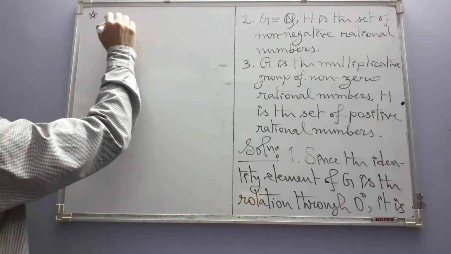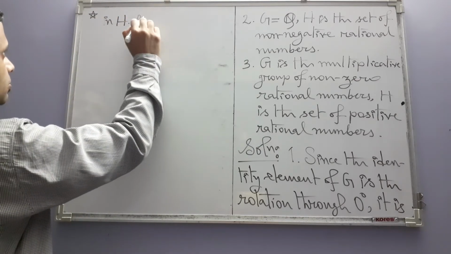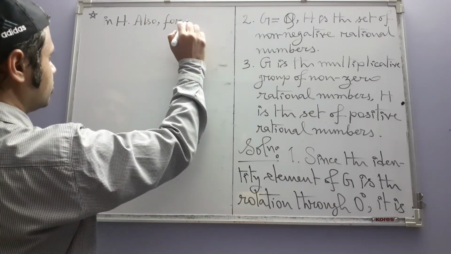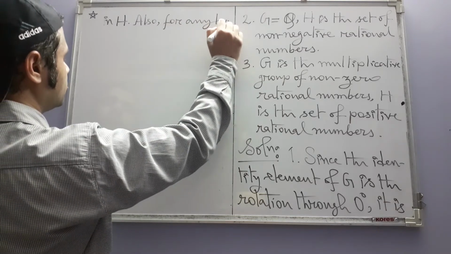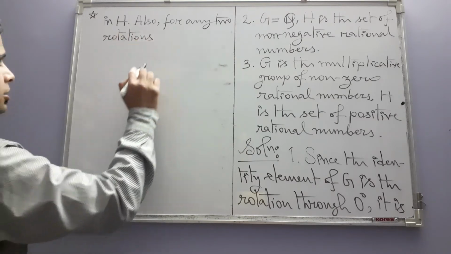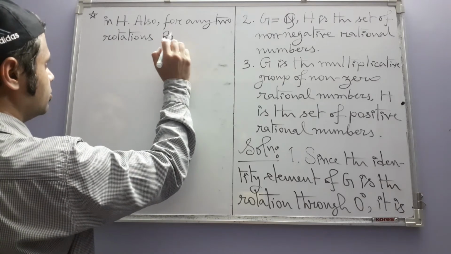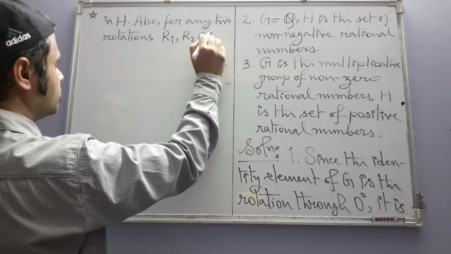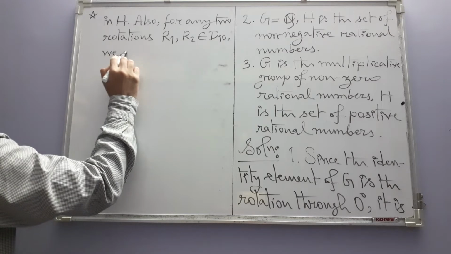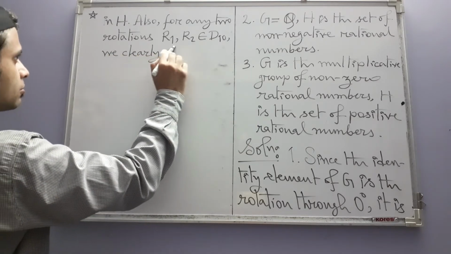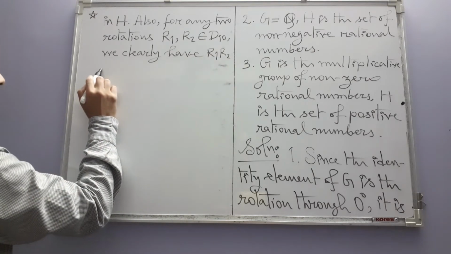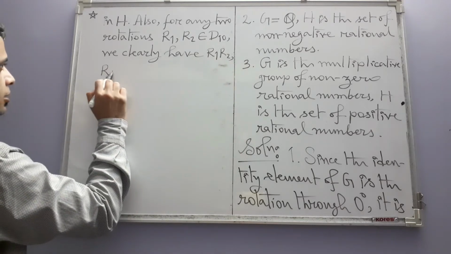In H. Also, for any two rotations, say R1 and R2 in D10, we clearly have R1, R2 and R1 inverse